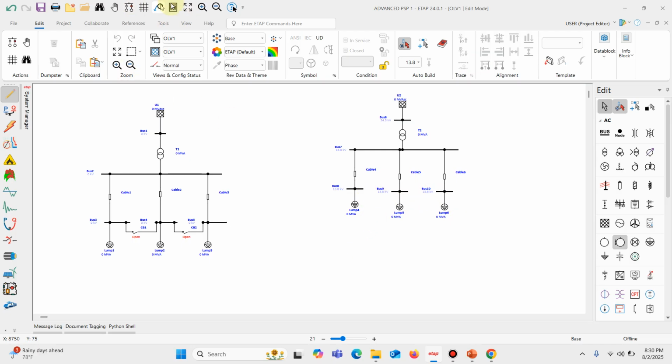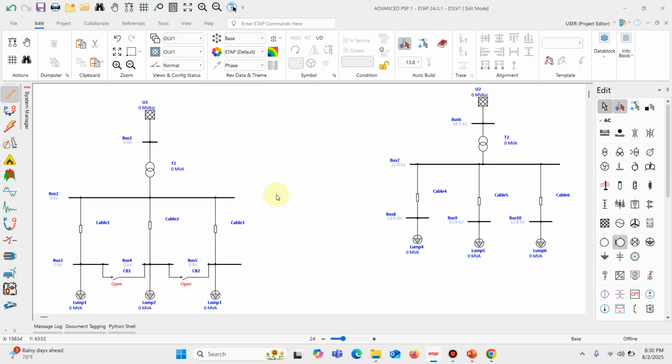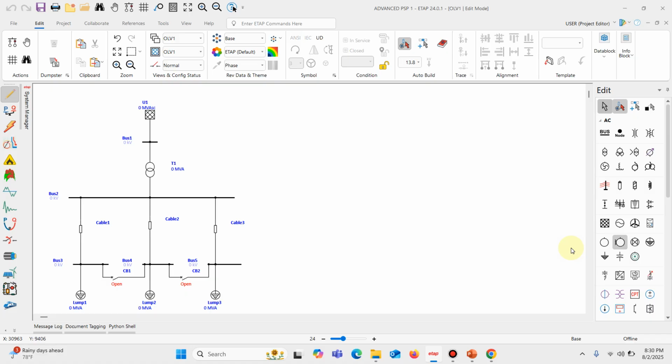We can just zoom to fit page. Okay. So we have this. Now I can just remove this. Let me delete this. Another feature. Okay, I just deleted that. However,